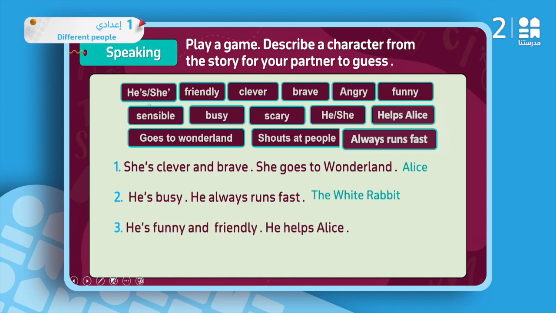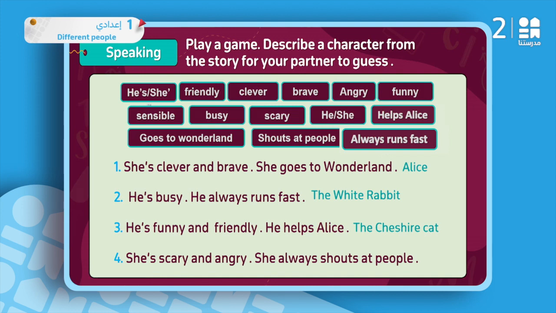The third one, he is funny and friendly and helps Alice. And he has a very good smile, a very big one. مين ده؟ Excellent. The Cheshire Cat. طيب. The last one, she's scary and mean and angry. She always shouts at people. مين دي؟ Of course, the Queen of Hearts. I hope that you get some rest كده and have fun by answering this very enjoyable